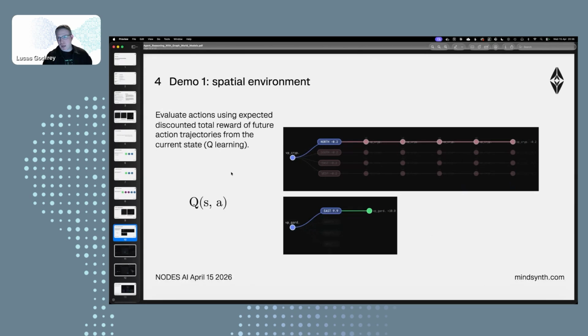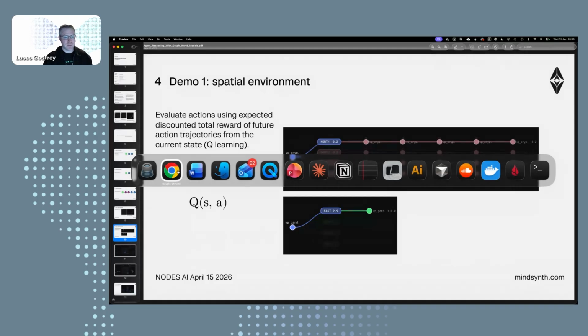So just to give a sense of what we're actually going to be showing, it's a toy learning algorithm where we're evaluating actions using the expected discounted total reward of future trajectories from the current state. So in the demo I'm about to show, we'll have these rollouts, and all that means is you're looking at potential futures from the current state and then evaluating what the best course of action would be. So if I show that in a demo,